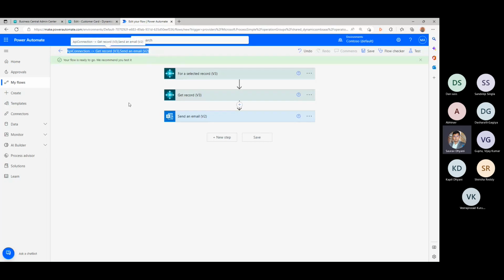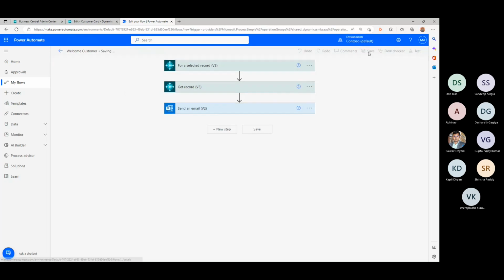Okay, and say welcome customer. Okay, let's save this. So now this is set, and if everything worked correctly, this will be available on my customer card as it is.